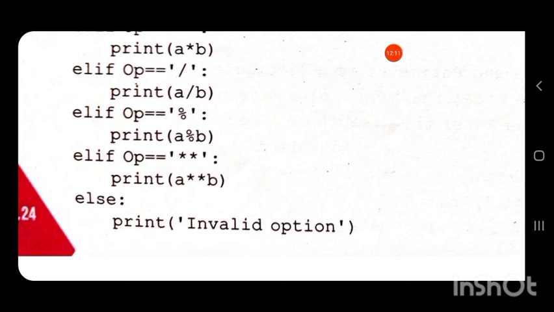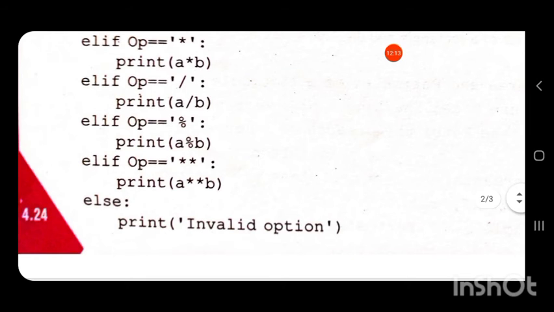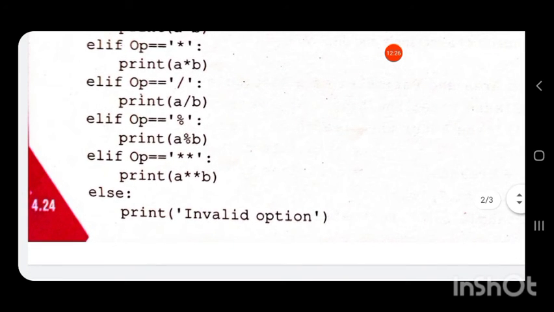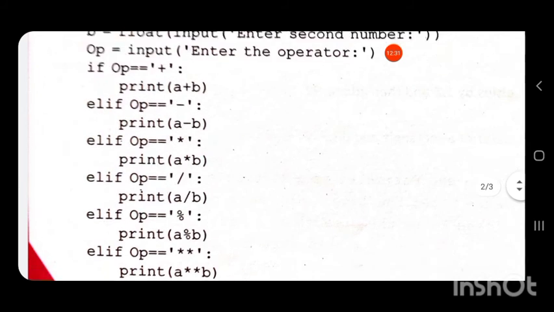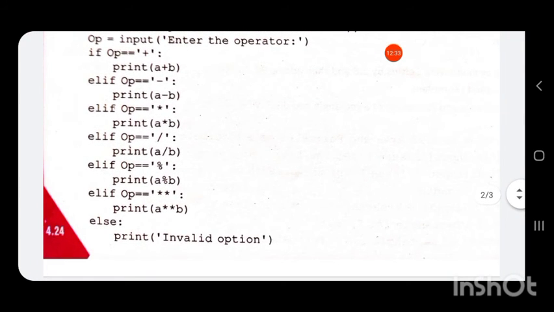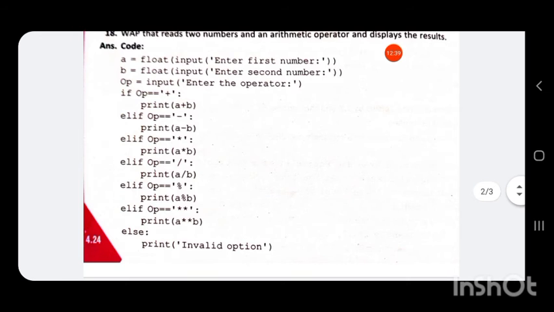Then it will print a star star b, that is the value in variable a raised to the power b. Now suppose the user has misunderstood something and entered some other symbols, then you have to print else, print invalid option.